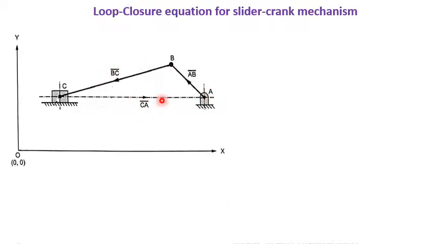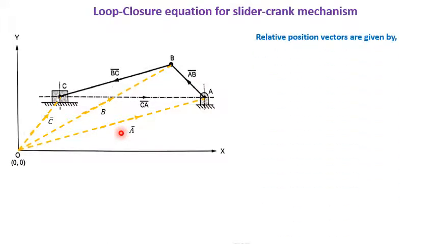So we have to enclose within the axis. This is the real axis, this is the imaginary axis. In order to define the position of each point, we have to draw a line from the origin. Then only we can define the position of each point. Clear? So from origin to A, draw a line. It represents the absolute position vector, A vector, and from the same origin, draw a line to the second point B. That is nothing but position vector B vector. For the third point C, draw a line from the same origin. It represents the C vector. So these are the position vectors.